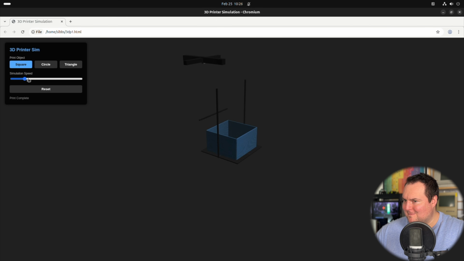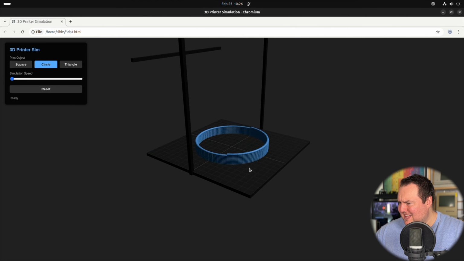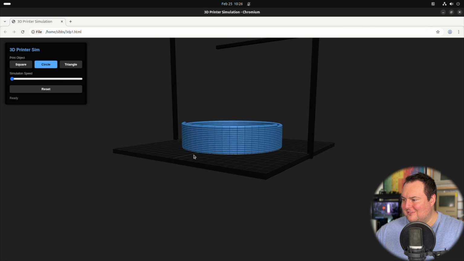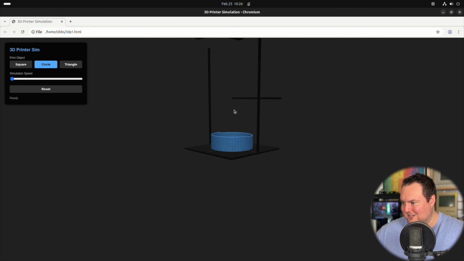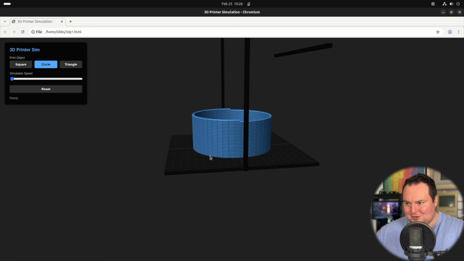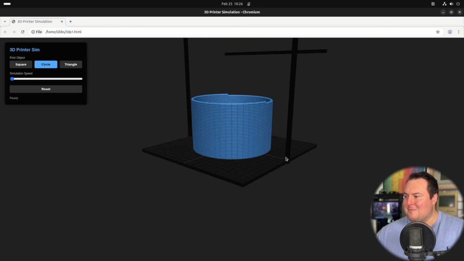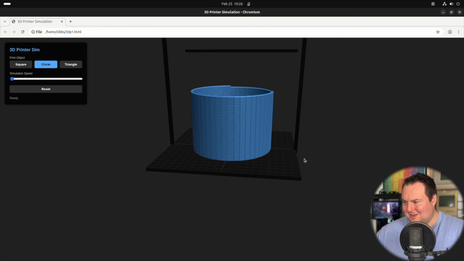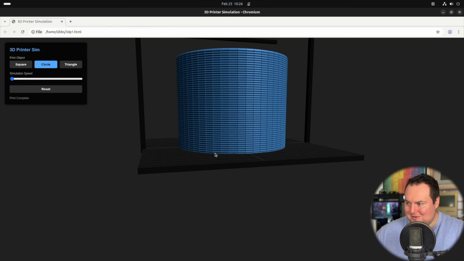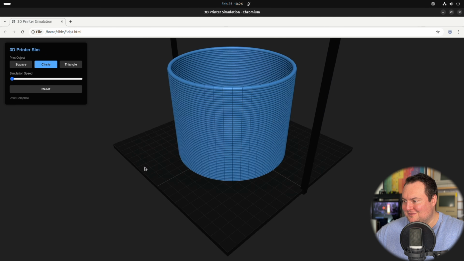Very interesting. I believe that it looked like there suddenly became two gantries because the simulation speed was set so high. Though I have to say, in looking at this now, aside from the fact that obviously the nozzle and gantry logic is far too high considering where the actual shape is being printed, the layer by layer here is kind of interesting, and it looks like one of those clay 3D printers if you've seen those,